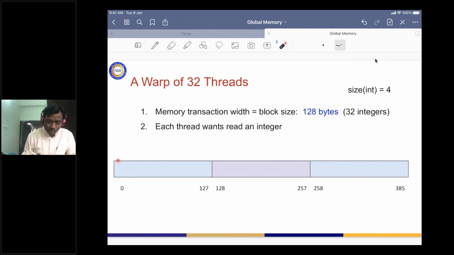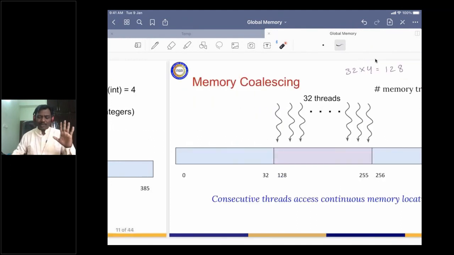There is the 0th byte, the first byte, the second byte, and so on, up to the 127th byte. So bytes 0 to 127, the first 128 bytes, we call the 0th block, then the first block, and the second block. Now, what is the task we are discussing? Each thread would like to read one integer. Now let us see what happens.